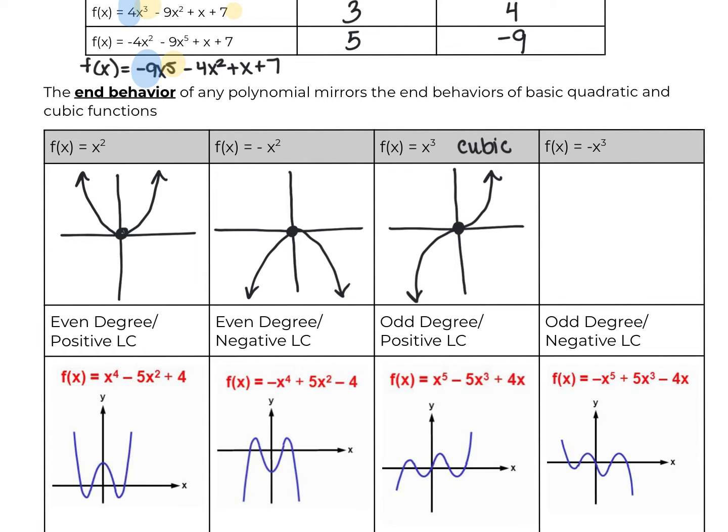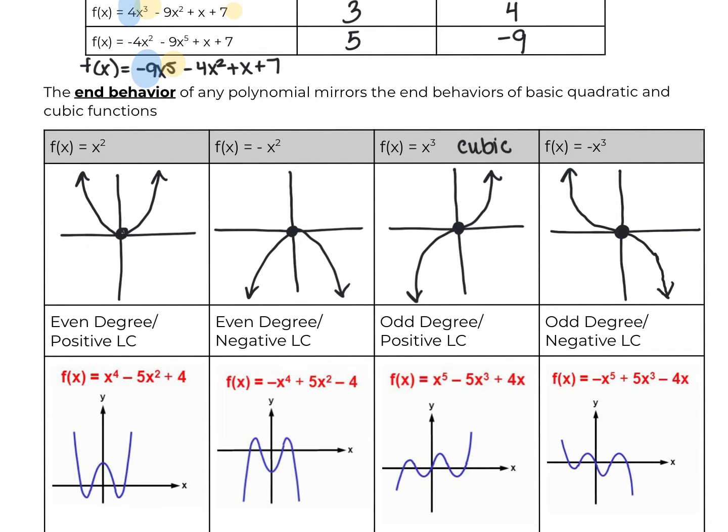A negative x to the third function is still going to do the same thing. It's going to go through our origin as my vertex, but this time it's going to be reversed. So still half of a happy and still half of a sad. It's just going in the other direction. These 4 pictures are going to be something that you're going to have to memorize